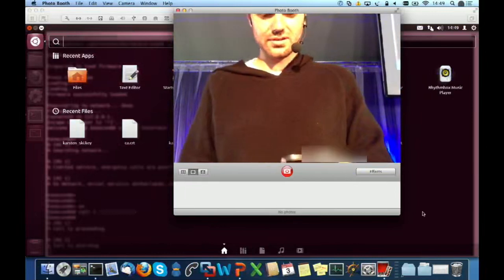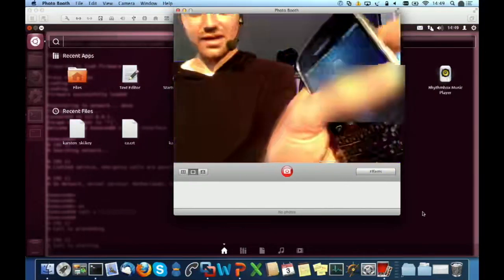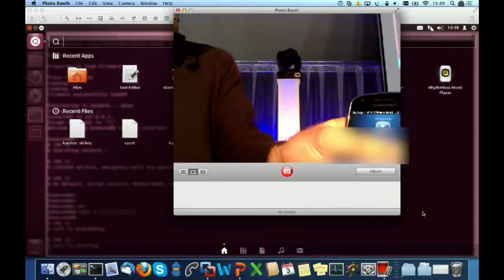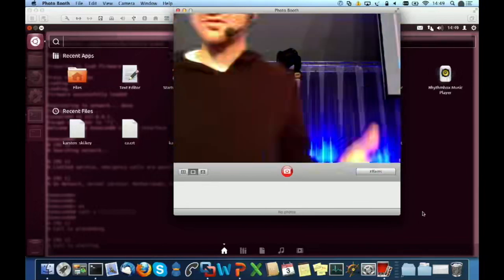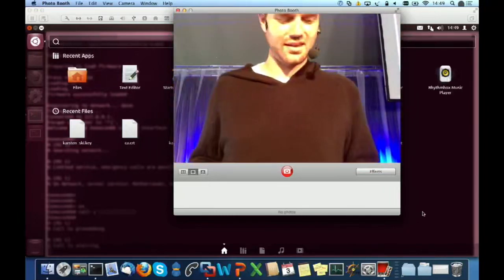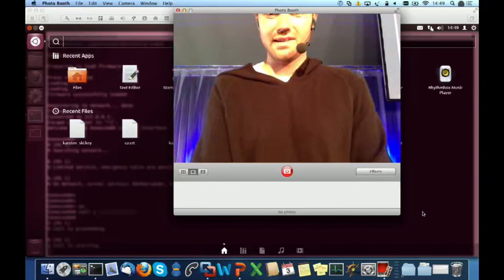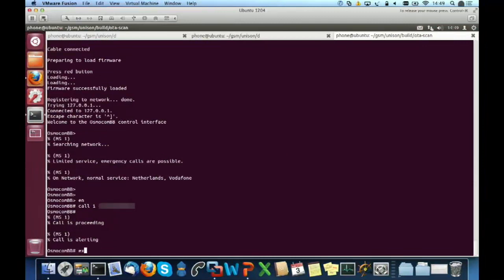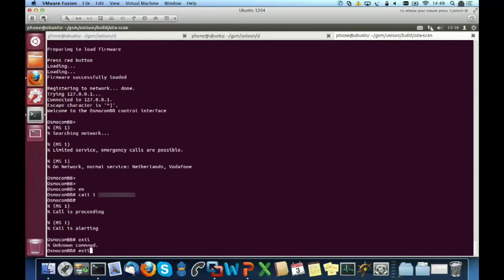So, this looks like this is ringing. So I'm trying to hide the phone number so they don't deactivate this card. So this phone with no SIM card is now calling me based on a cracked KI key. Oops. Thank you.